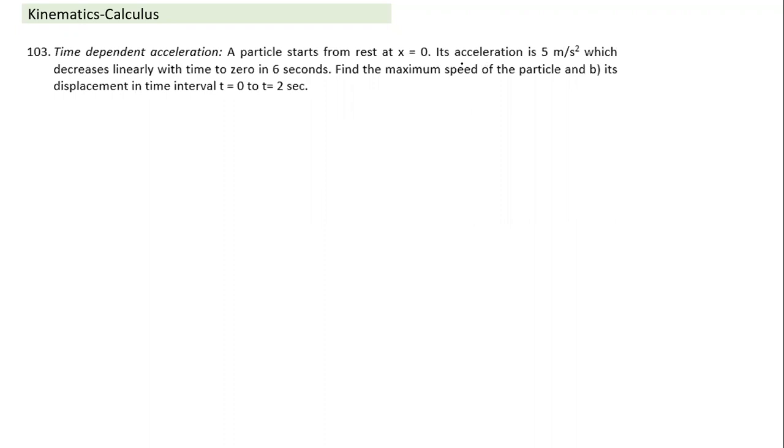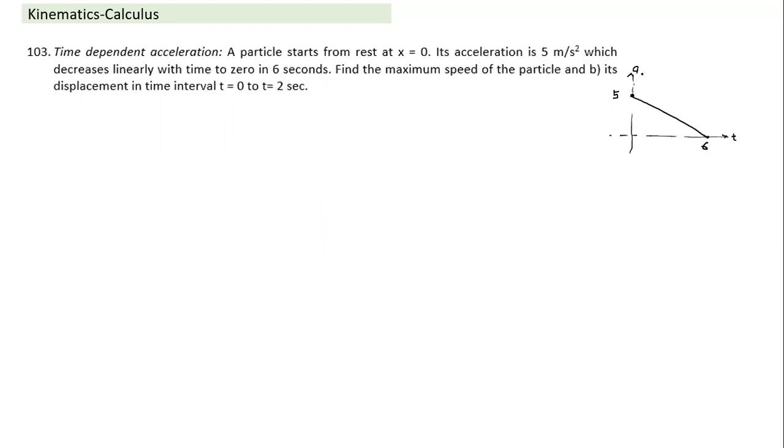It decreases. So what is the rate of decrease here? The initial value is 5. So Akul, if I have to plot acceleration with reference to time, if this is acceleration and this is time, can you visualize how acceleration would vary? What is the initial value of acceleration here? 5. And by what value of time does it become 0? 6 seconds. And it is decreasing linearly. So this is the shape. Any difficulty in this? No.